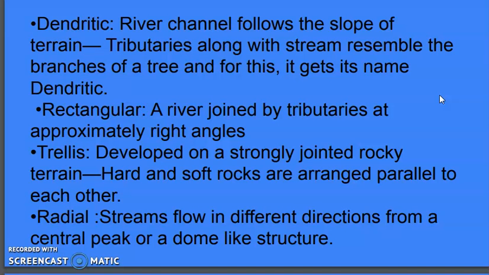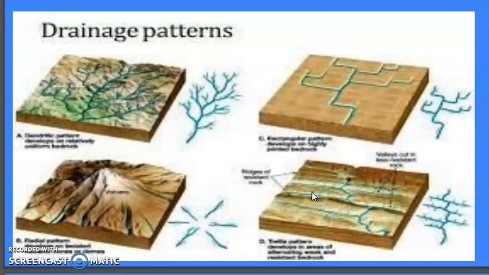Now the next one that we have is called the trellis drainage pattern. What is this trellis drainage pattern? This is the main river and these all are the tributaries. When the primary tributaries of the river flow parallel to each other, you can see these tributaries are flowing parallel to each other, all the tributaries are parallel to each other,